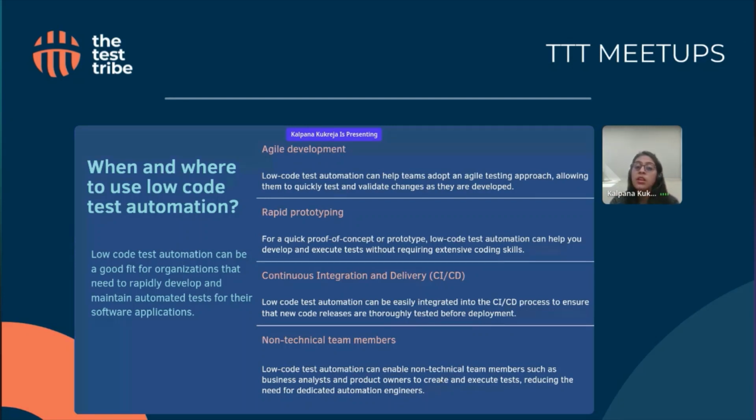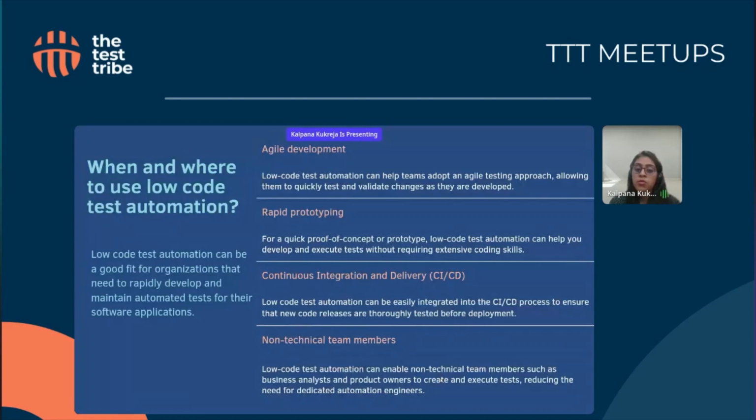If you are looking to do some sort of POC and need to create a prototype to understand what framework suits best for your application that is being built, then again, low code tools should be your go-to way. You get to see, for your particular tech stack or requirement, whether you need a data driven framework or record and playback features, and how compatible they are with your system and applications. For creating those prototypes and POCs, low code tools are extremely helpful.